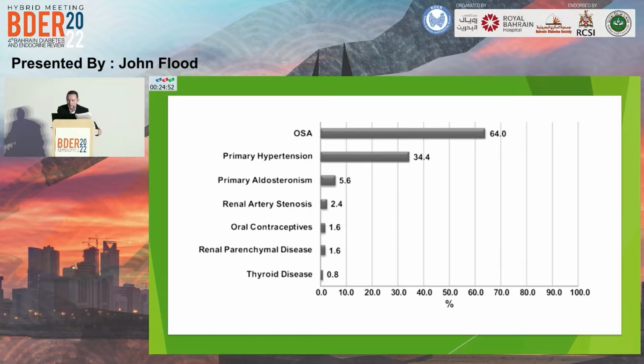Now, when I was a medical student in Galway, the textbooks stated that primary hypertension was basically essential. In other words, 95% of the time there was no known etiology, and only 5% was secondary. But with the improvement in technology and genetics and physiology and imaging, the incidence of primary hypertension has gone right